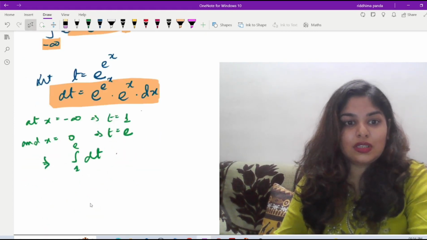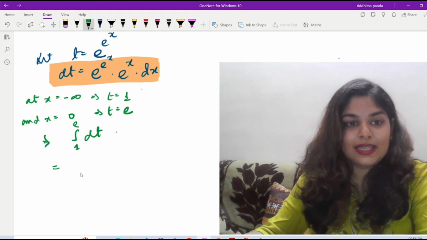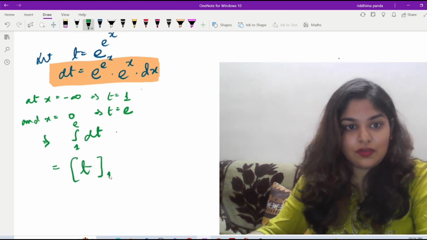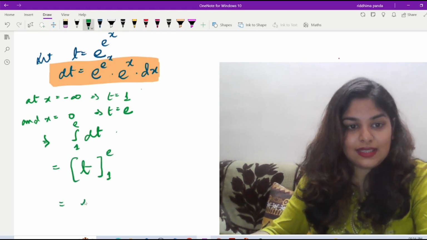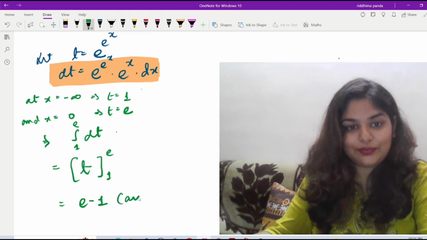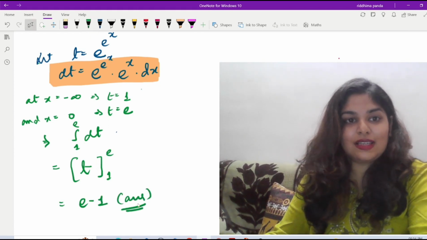So I have put all the values in terms of t. So what do I get after integration? I get t from 1 to e. So the answer is e minus 1. That is our option